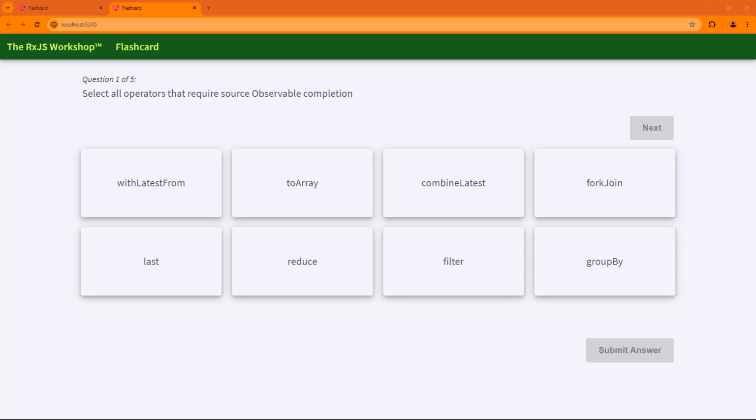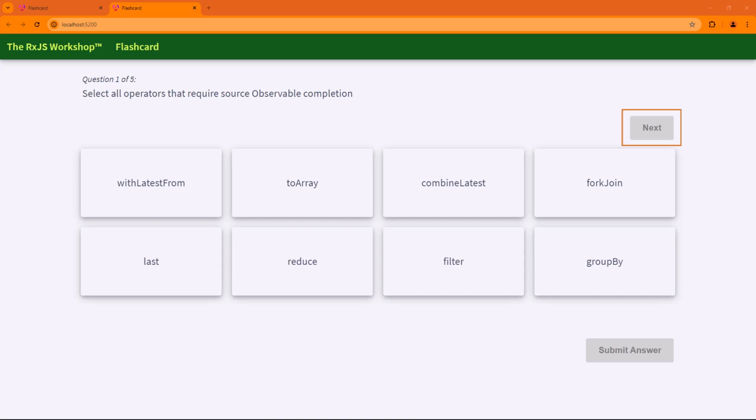At the top of the screen, we have first a label, which tells the user the current question number, as well as the number of questions in the entire test. Below that, we have the current question. Below the question to the right, we have a next button, which at the start of presenting the user with